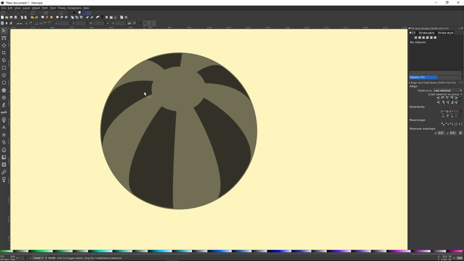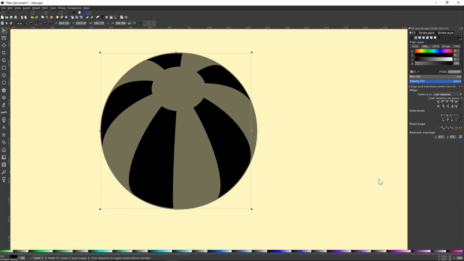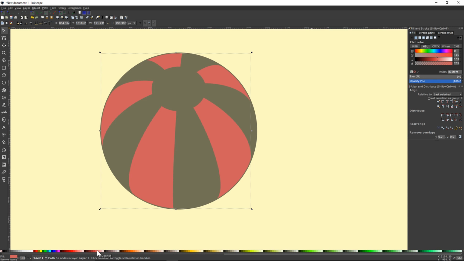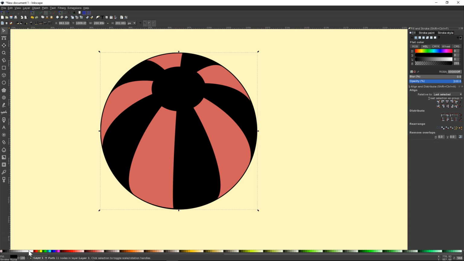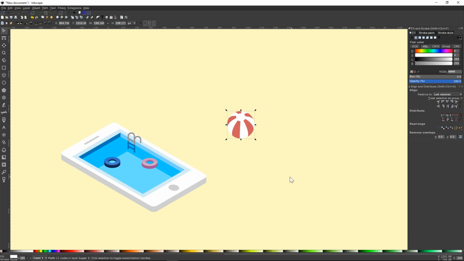Then I'll hold Shift and click on each of those black segments right there and unify them all together by going to Path, Union, bring the opacity all the way up. I'll make them like a shade of red, maybe something like that. Then I'll click on the black circle, bring the opacity all the way up, make that white. And I'll even hold Control and Shift to scale it down a little bit, so it's the same width as the red objects. And I'll press 1 on the keyboard to zoom it back out to 100%